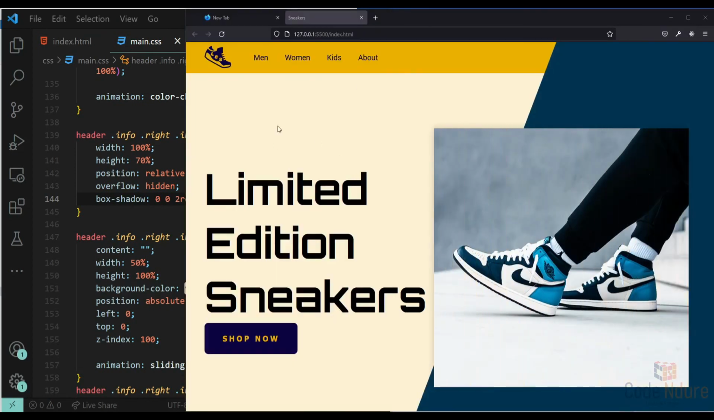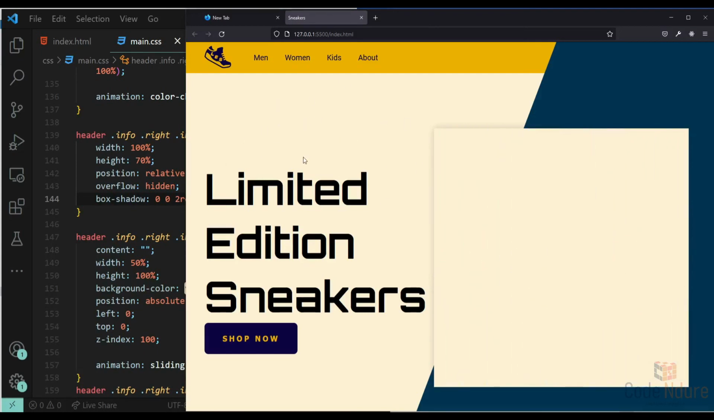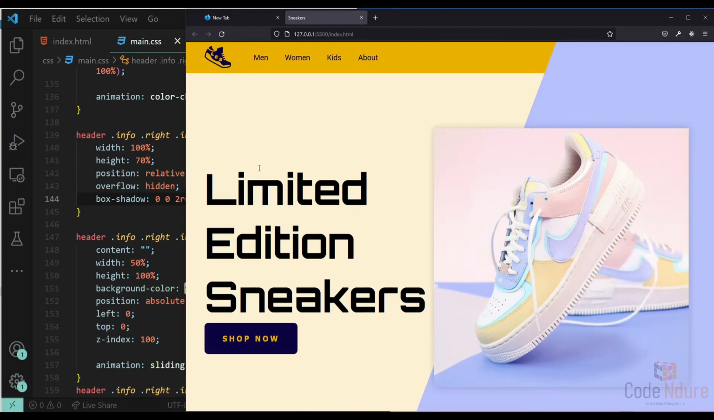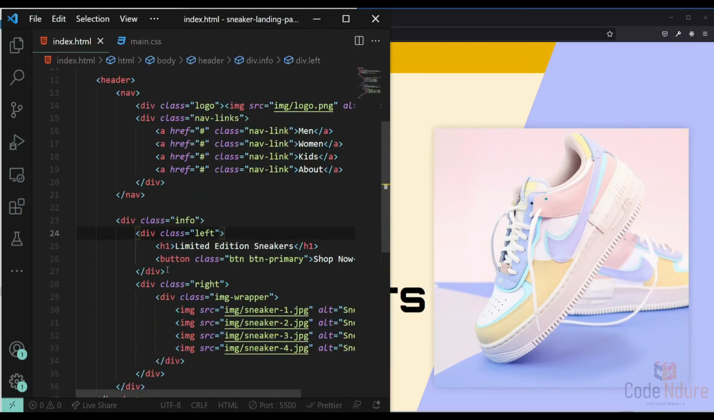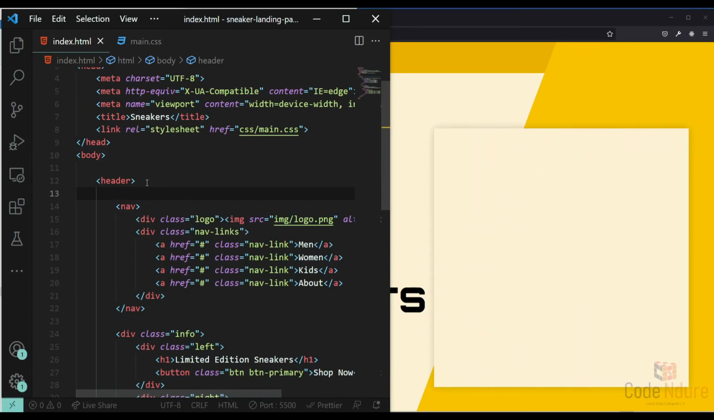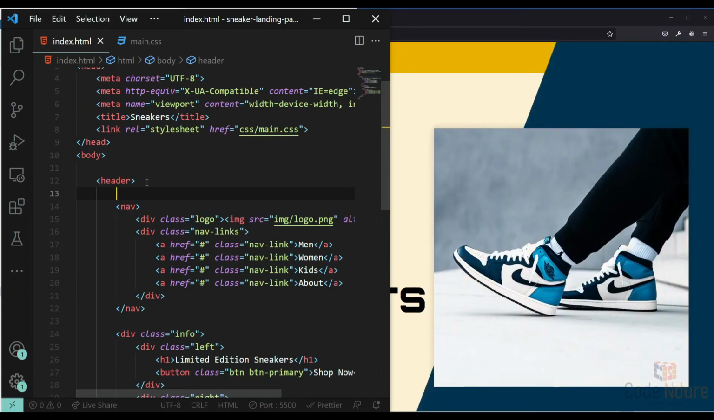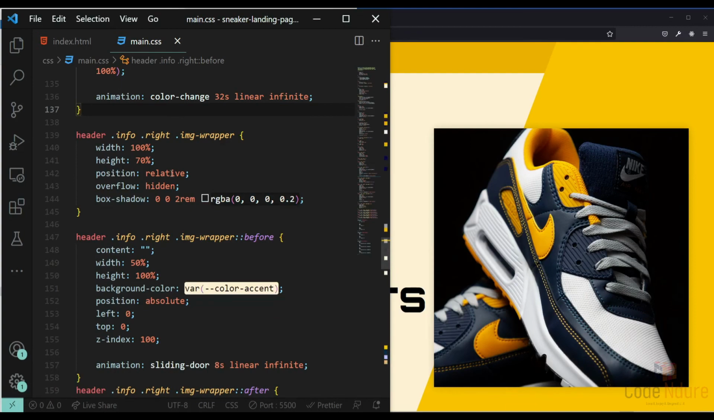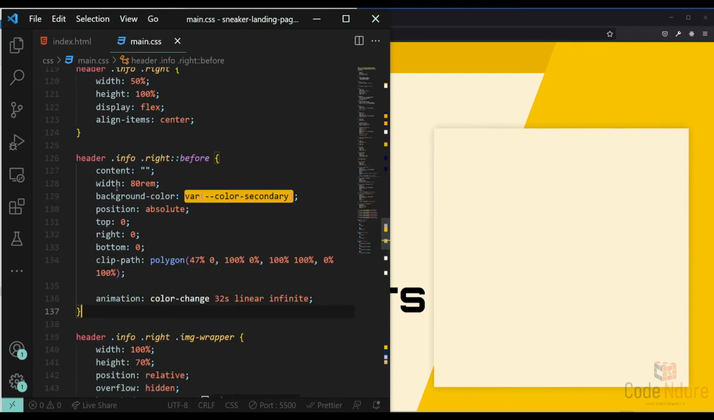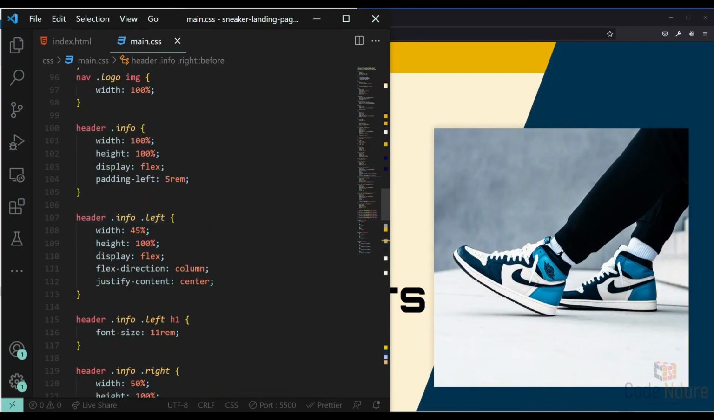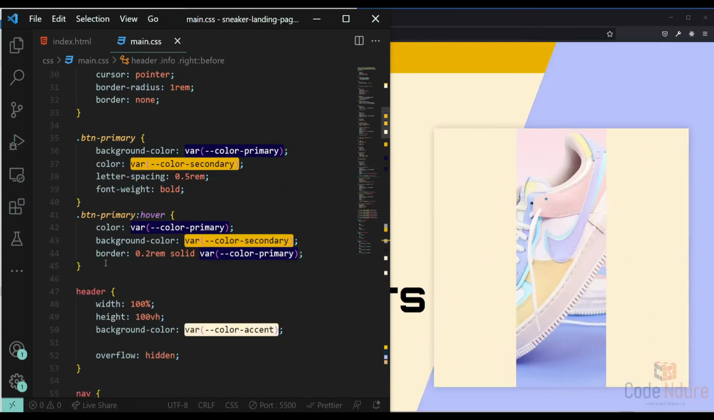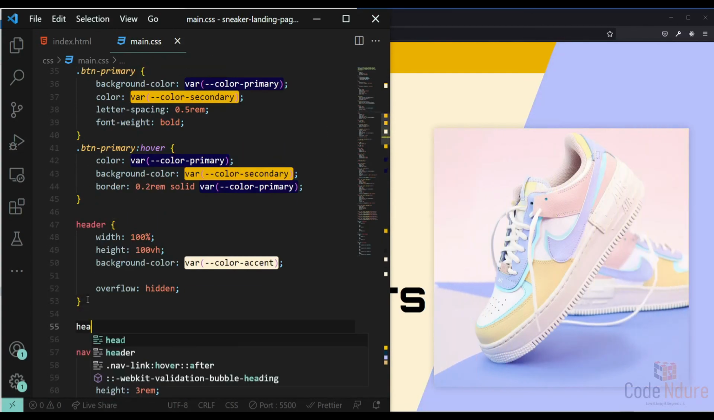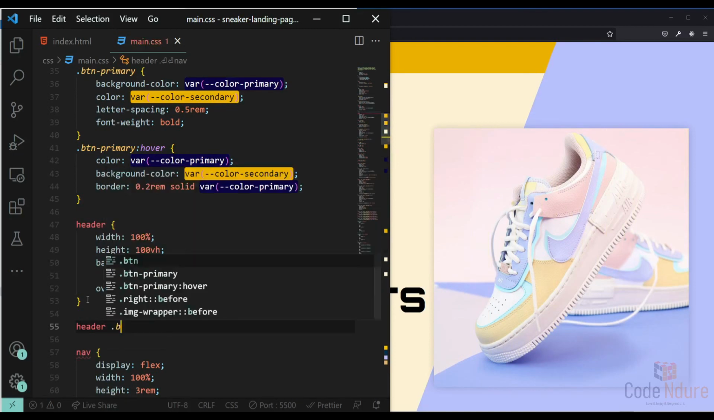Finally, there's a background image that I want to add to the entire header section just to give it a little bit more volume. So let's go ahead and add that. So go to our HTML. Right underneath our opening header tag, we'll create a div with a class of BG. Let's now create the CSS styling for that. So locate header. Underneath our header, we say header, get the BG,